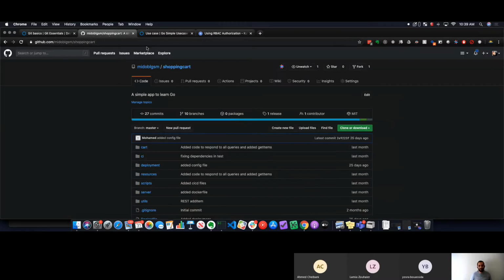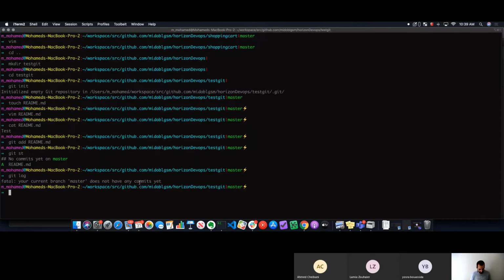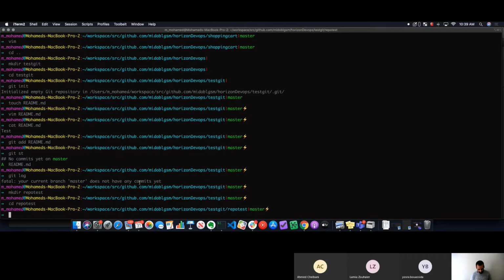If I go, for example, to this one, we said that GitHub is a provider of Git repositories. So I have this repository in my GitHub account. I can go there and copy the address of my repo, and in any place here I can, let's say, create a new repo test. I will go to repo test and do a git clone